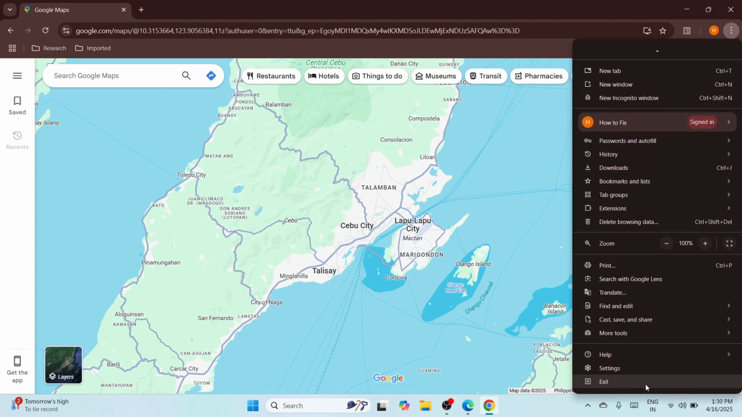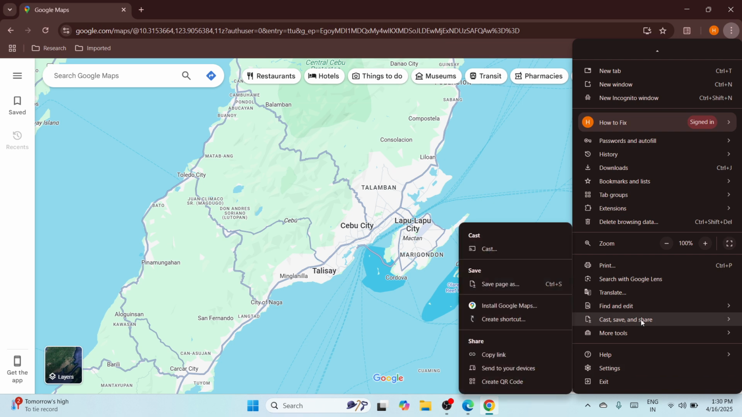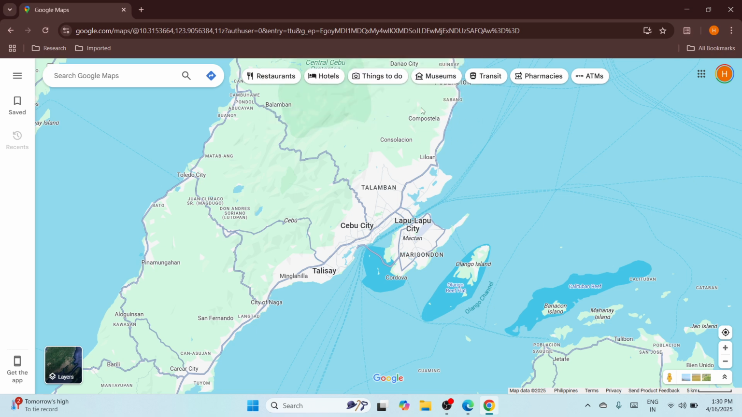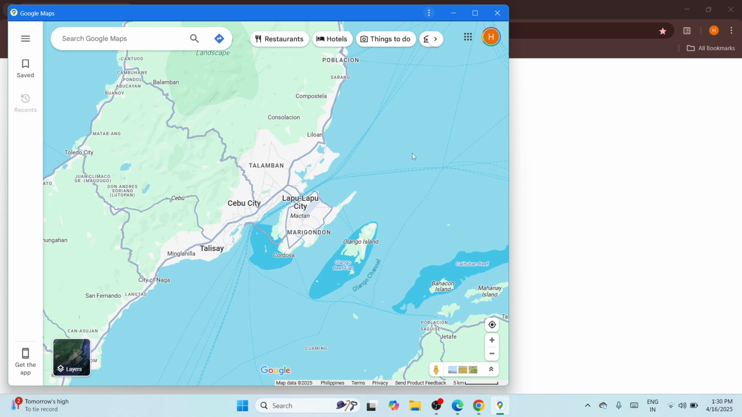Click on it and scroll down and locate your cursor to Cast, save, and share. The moment you do that, this would open. Here, you need to proceed with Install Google Maps. Click on it. And the moment you do that, this small window would ask you to confirm your action. Please click on install. So in that way, this window would appear, meaning that we have successfully installed our Google